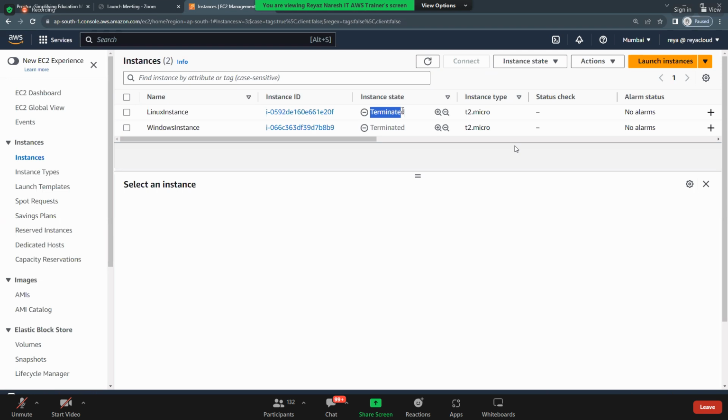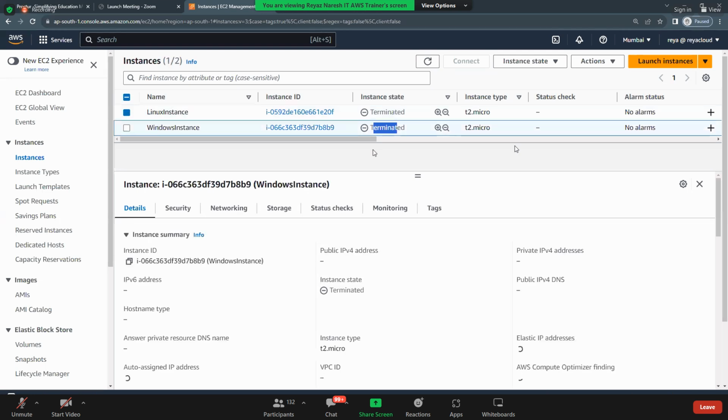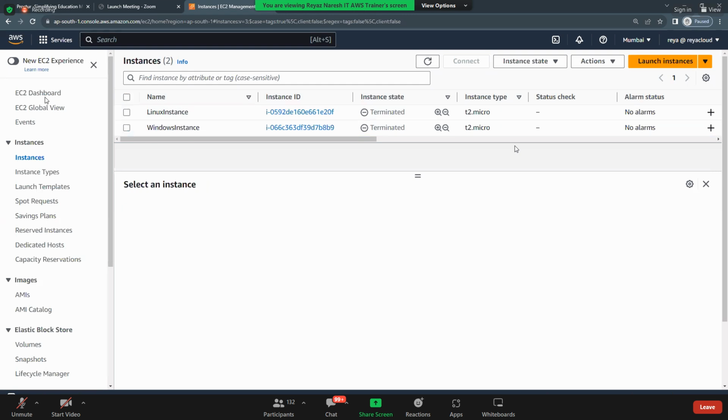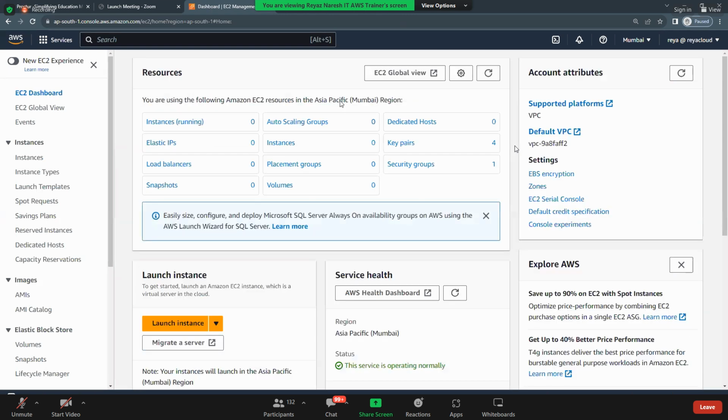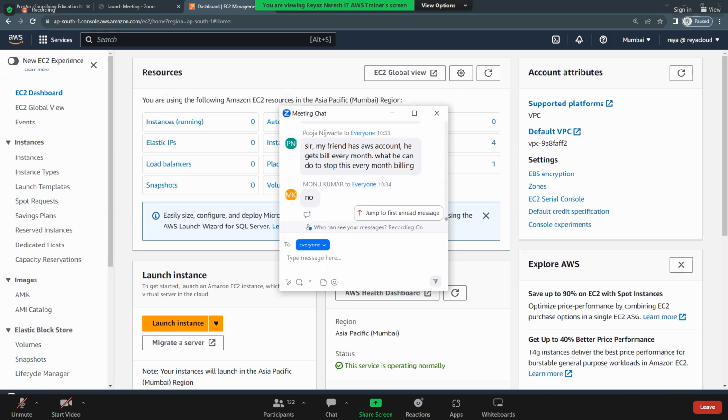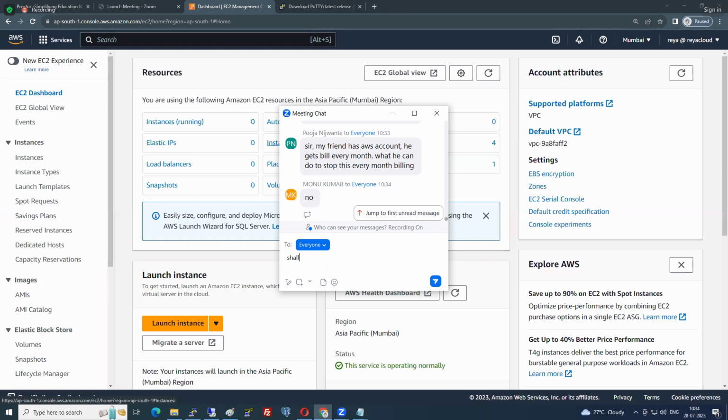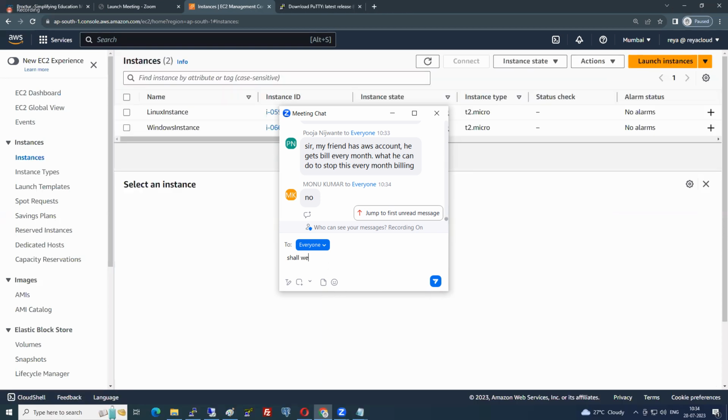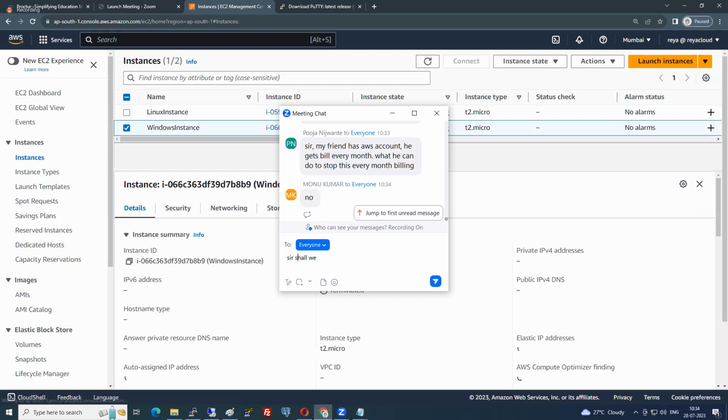So do you see this here? It is terminated, no? Do we need to worry about this now? No, it will disappear automatically. What is our best method? Go to the dashboard, refresh this, and everything should be 0 except key pair and security. Right? I see 2 instances are there. Go inside it. Those are terminated. So no problem. It should not be in stopped state or in running state. So go ahead and terminate.